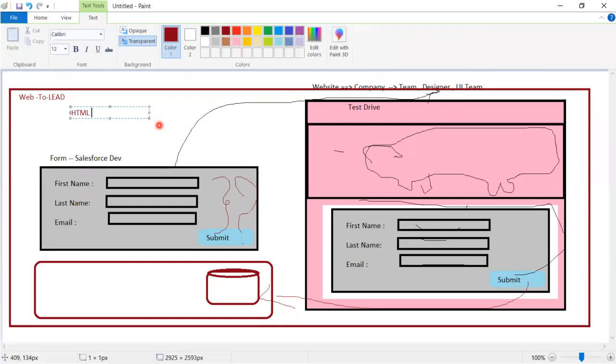In the HTML form, you need to select the fields. Now, what are the fields that you want to display on the form? You want to take them from the lead, right? Web2 lead uses whatever fields are available in the lead object, so you can choose those fields. For example, you have your first name, last name. These are the fields you have selected. Once you have selected them and click on proceed,